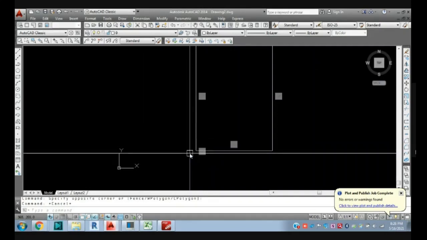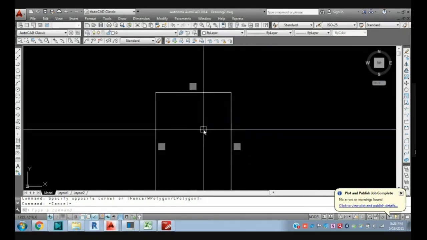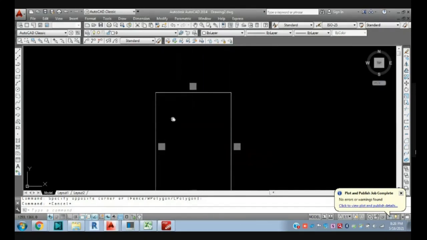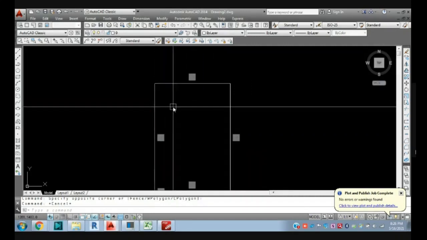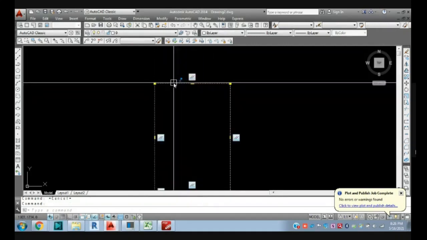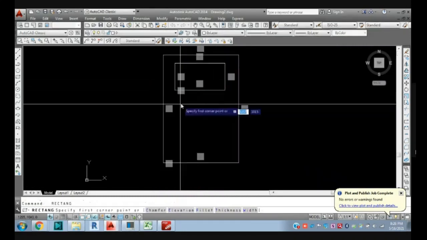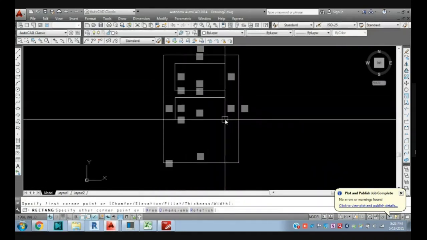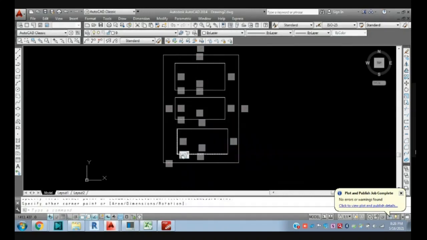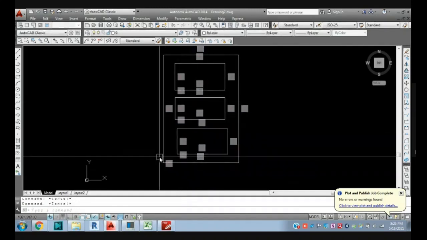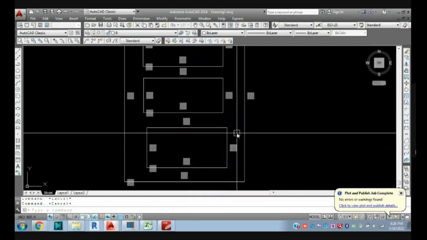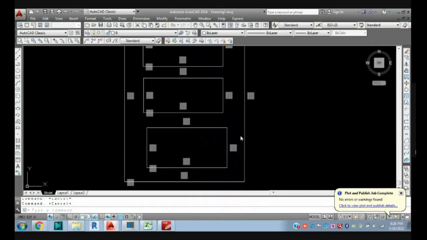The reason for that: suppose a mechanical person is taking your drawing as a reference for this pad, because they are arranging some mechanical equipment along this pad, or a mechanical pad along this slab. So they need some reference from our drawing, and on the basis of that they can easily calculate.